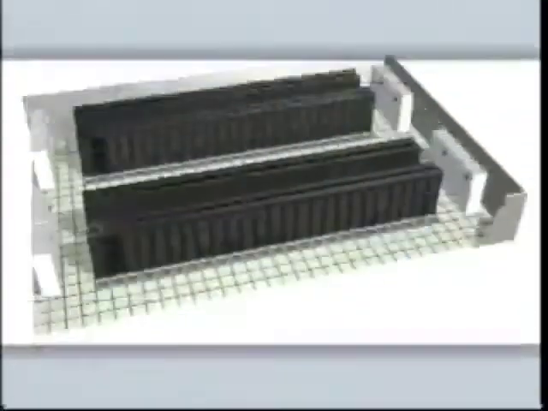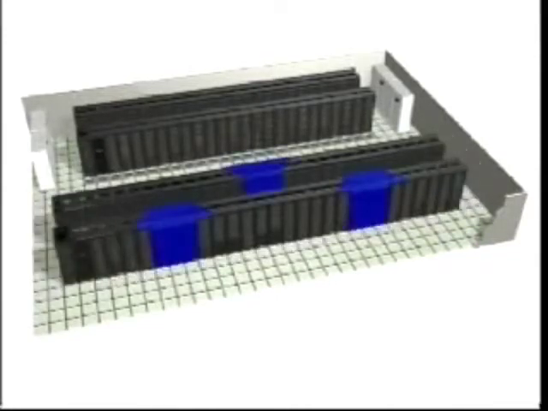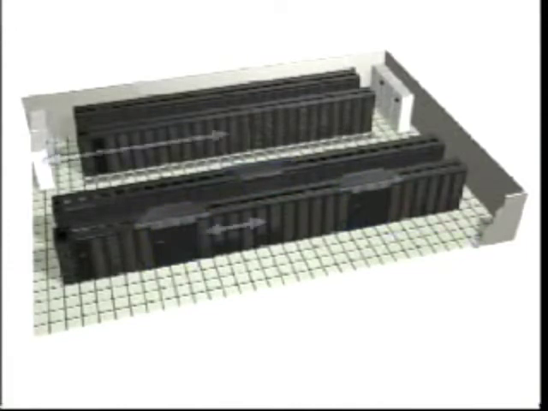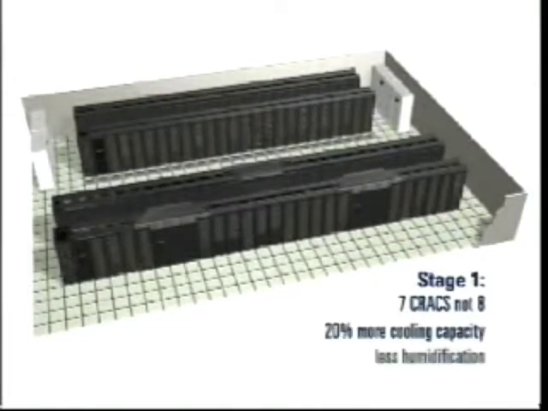The data center manager begins to implement, in stages, a best practice solution. He reconfigures 2 of the 4 rows in the data center for in-row cooling. 4 legacy CRAC units are removed and 3 InRow units are installed. In-row cooling not only shortens the path between the hot air and the heat removal device, it also removes from the cooling equation the unpredictable nature of cold air delivery. Now there are 7 air conditioning units instead of 8, 20% more cooling capacity in the converted rows, and less